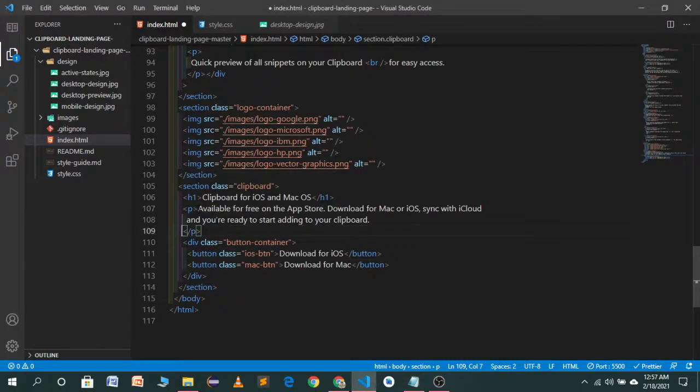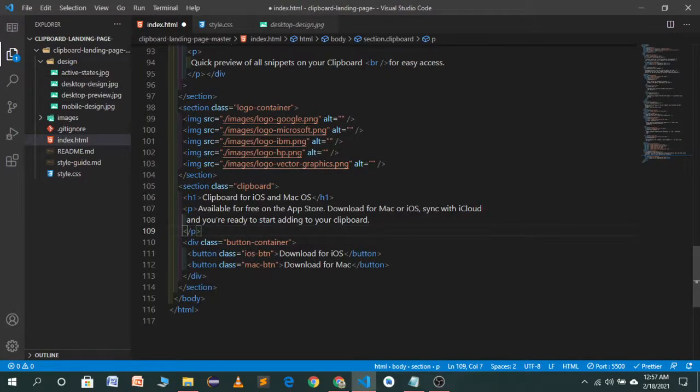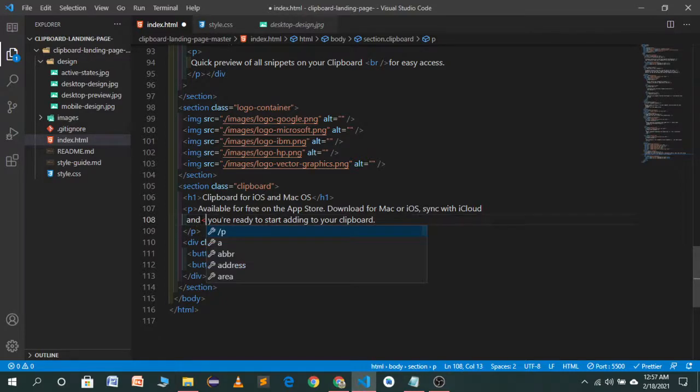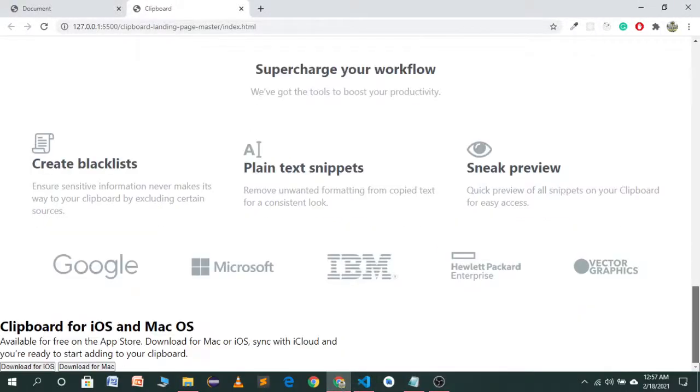So now let's see the demo where we want line breaks. We want line break after "and". So after "and" we'll use the br tag, save this one, and now you will see.